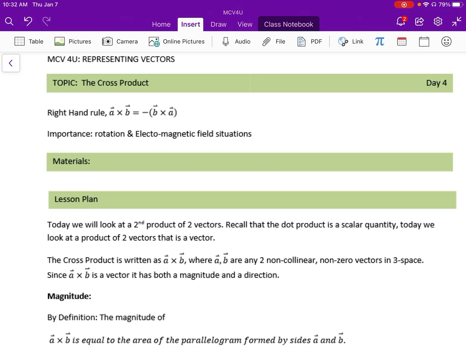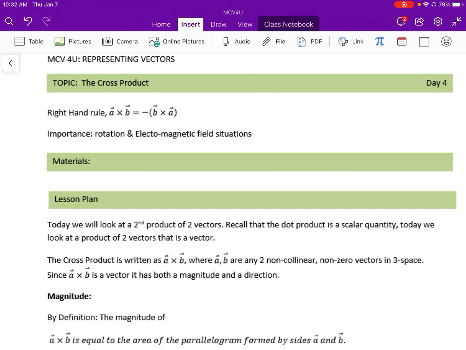Okay, today we're finally at our last way that we're going to multiply two vectors together, or find the product of two vectors. This one's called the cross product. The cross product is a product between two vectors that comes up with a third vector, another vector. The interesting thing about the cross product is it is used a lot out in the real world